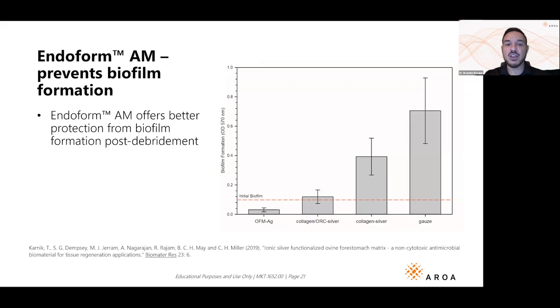So let's talk a little bit about biofilm. Now, biofilm can make it very, very difficult for wounds to heal. And the thing with biofilm is it's not always easy to actually see it. When you have an active infection, it's smelly and red and draining and painful. But biofilm is kind of quiet bacteria. In Kathy Milne's lecture before, they referred to it as a force field of bacteria